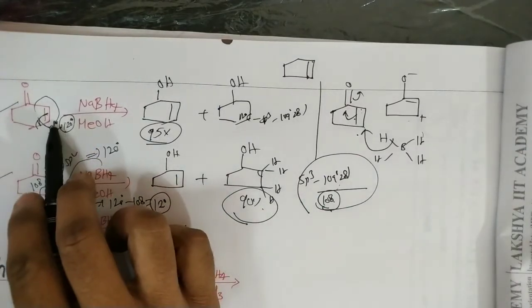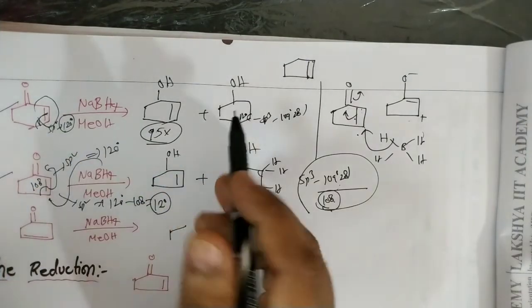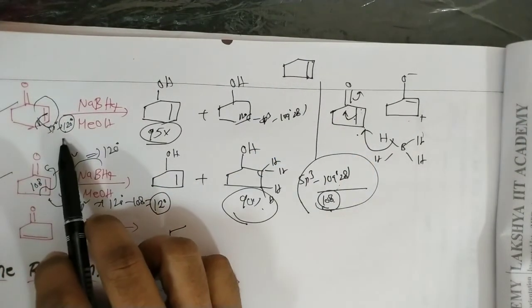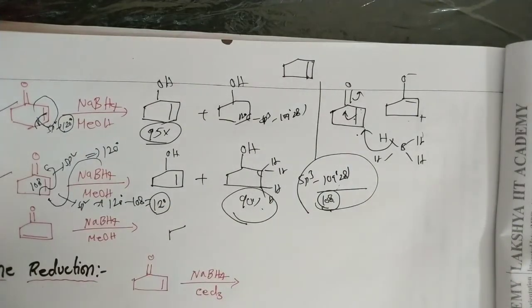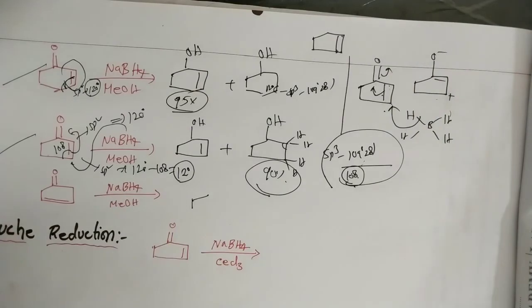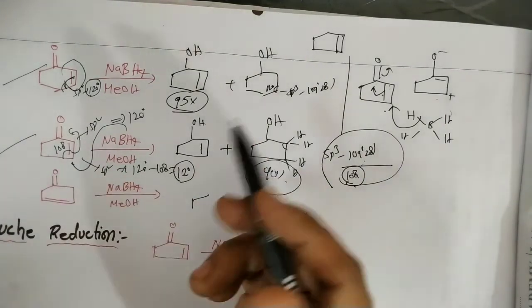Of course here also it is polar, but in this case if it is reduced, the bond angle strain increases, since it is converted to 109 from 120. Okay, strain increases. So here in the 5-member ring, there is a double bond, and there is a relief of the strain, that's why the double bond is also reduced through the conjugate addition reaction. Okay, that's it. First the double bond is reduced, then the carbonyl group is also reduced.